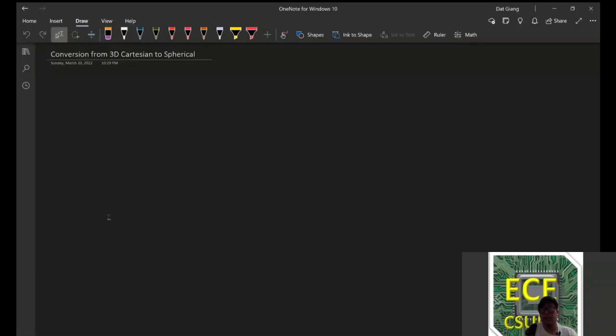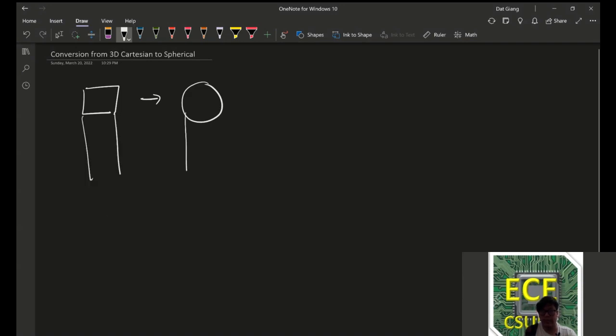Okay, now we're going to talk about converting from 3D Cartesian to spherical. Previously, in the last two videos, we talked about converting from rectangular to polar and equivalently rectangular to cylindrical. And we found that their respective formulas were given by the integral of f of x, y dx dy, any order, is